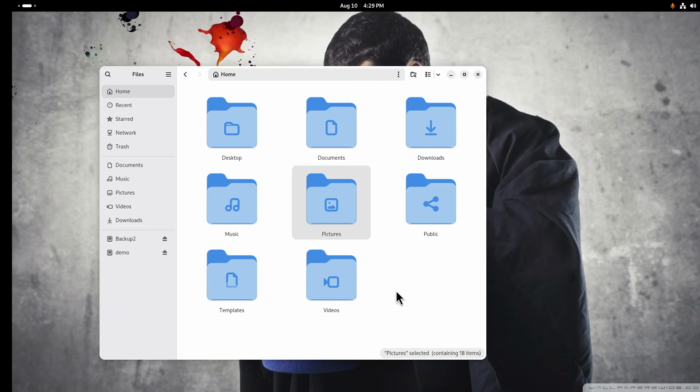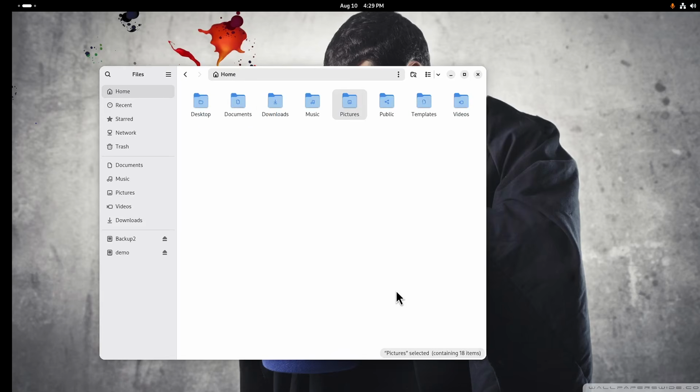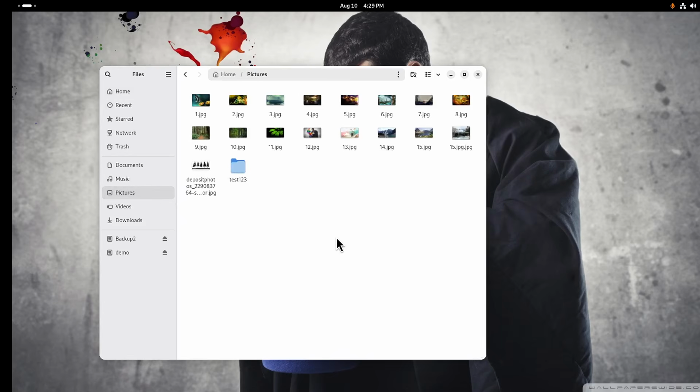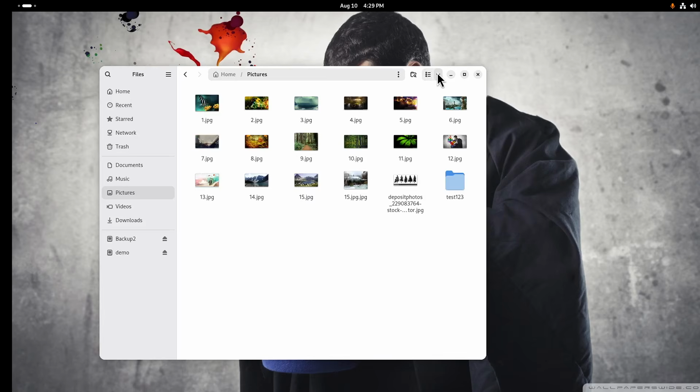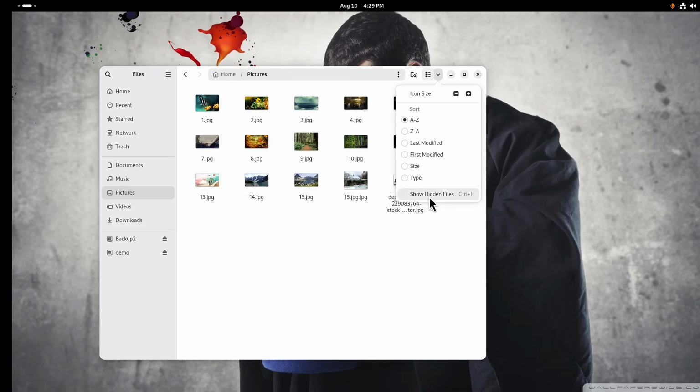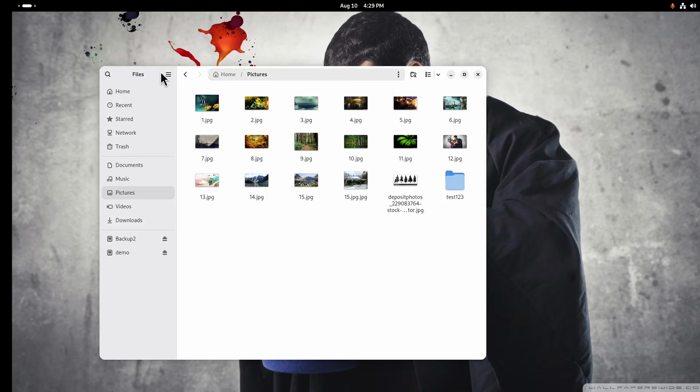All right, hold down your control key. Scroll backwards to make the icons tiny. Let go of the control key when you got them in the right order. And it does resizing of all of them. Now there's, again, this is your grid view, your list view, and show hidden is in here. Your hamburger menu over here also has some preferences, but it also contains the new window, new tab,